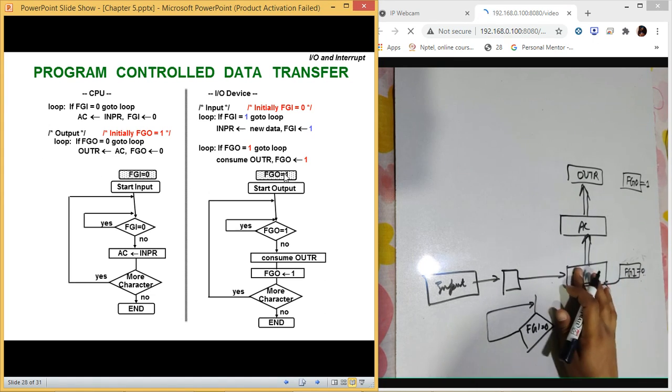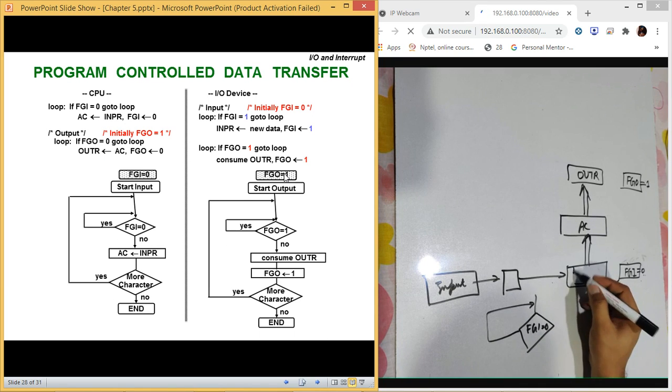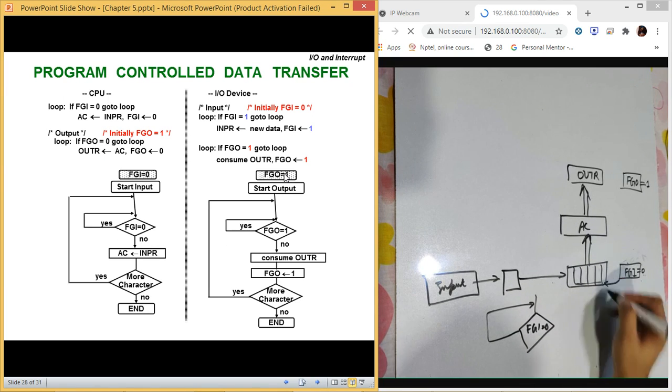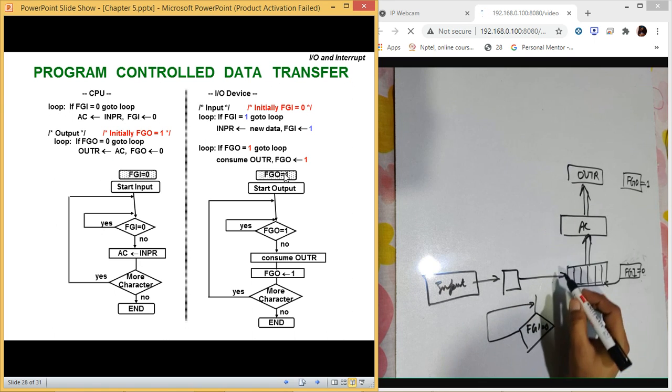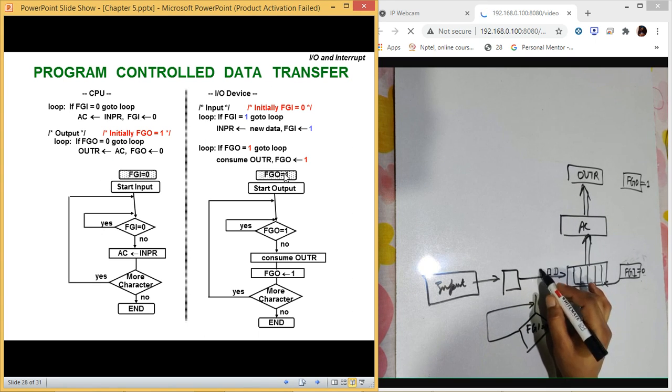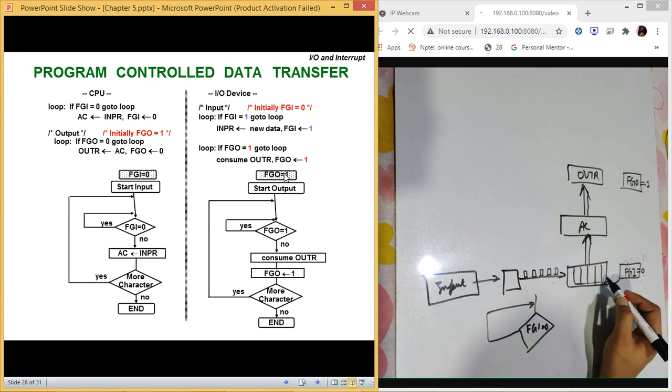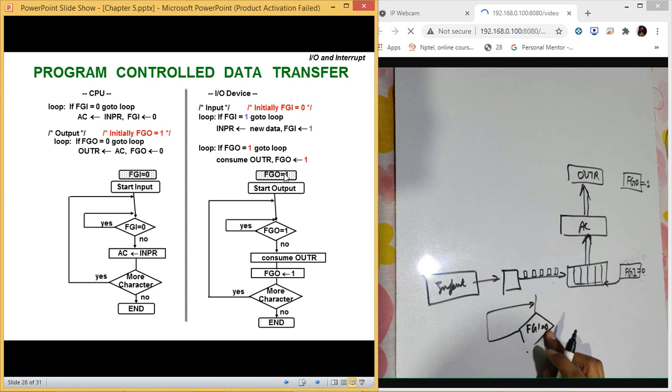Why is it not getting full? Because it is a serial transfer and we have to transfer 8 bits into it. Serial means we transfer the data bit by bit. So until all the 8 bits are shifted to this place, it will not get full. So we check the FGI flag again and again while it is 0.